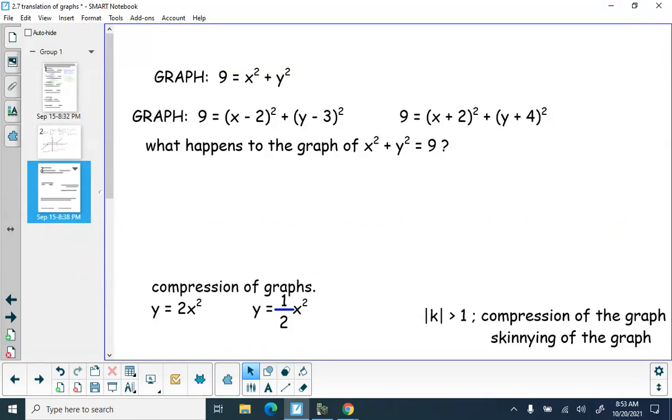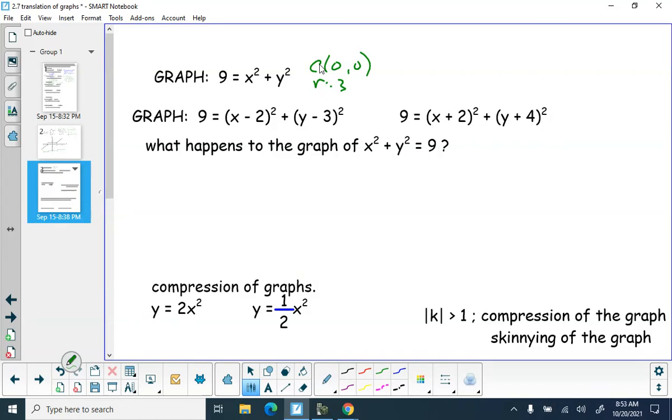Your calculator will also graph circles. If we take a look at our circles here, here would be a circle with the center point at 0, 0 and a radius of 3. Going back to what we did with the circles,